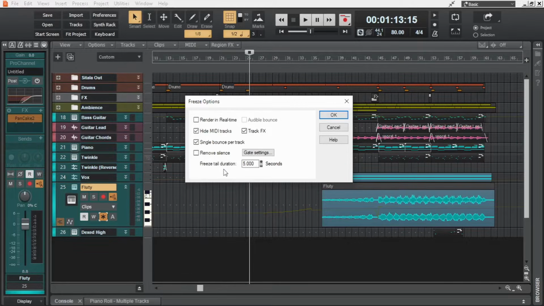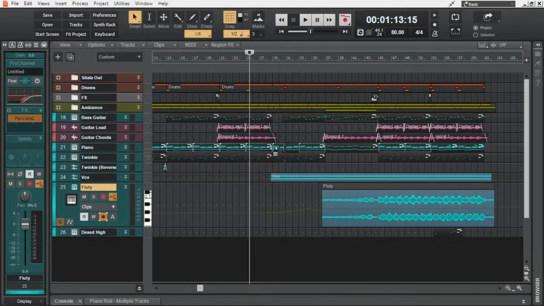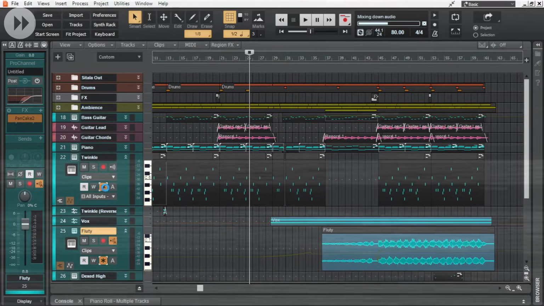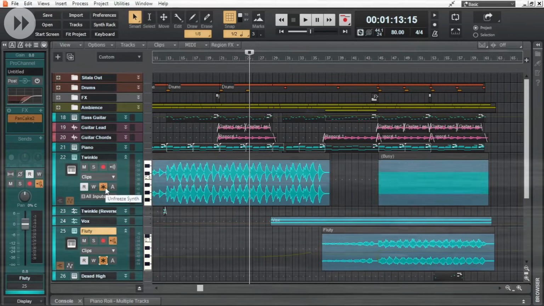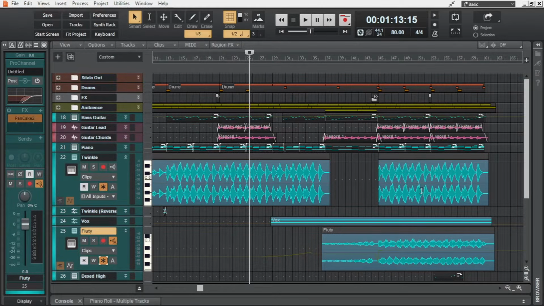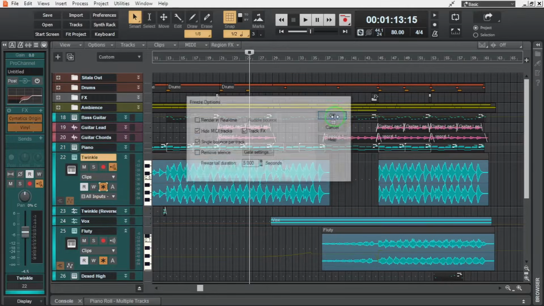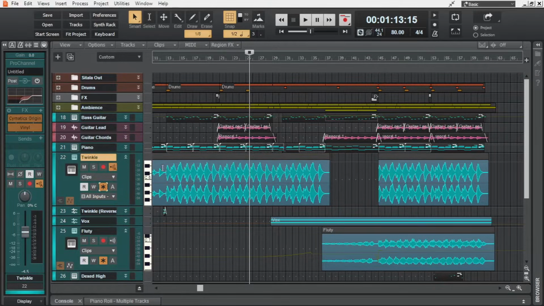Then another audible difference that we will be able to see is the remove silence, which if we check will not render the silence in a track like this one. Let me freeze this track so you will be able to see it for yourself. See, this separation of audio files will not have been there if this option was unchecked. It would have been a single audio file from the beginning of the events